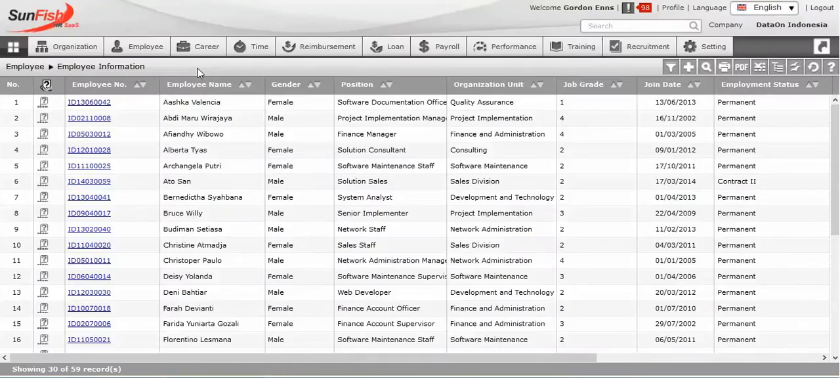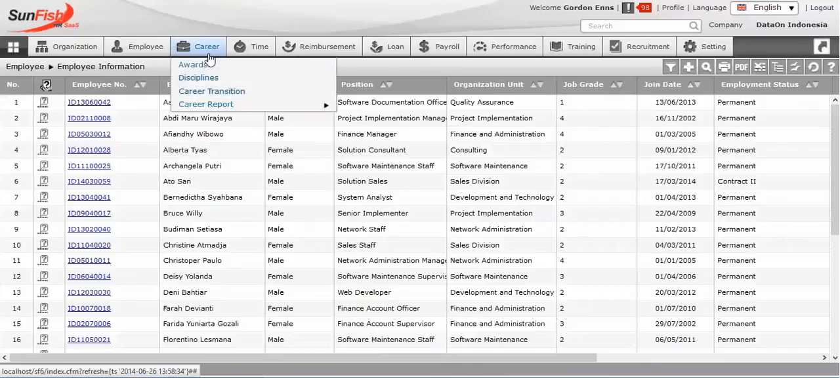The main function of SunFish's career administration is to transition employees from one position or status to another, starting with a new hire through promotions, mutations, rotations within the same or an affiliated company, and finally to termination. It also allows career administrators to acknowledge special achievements or discipline undesirable behavior, both of which may impact an employee's